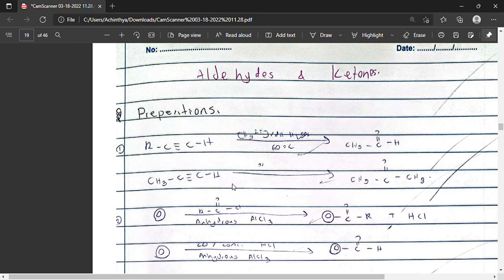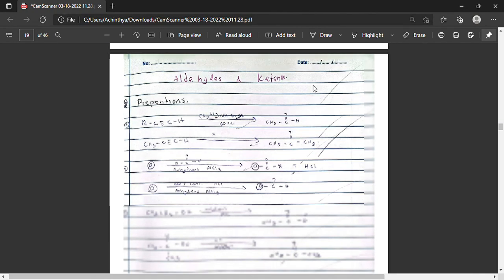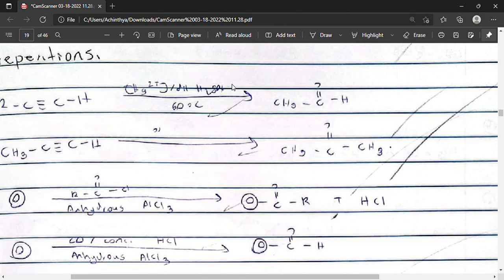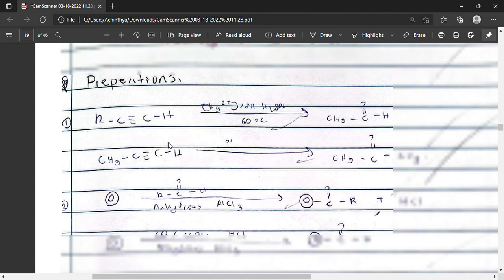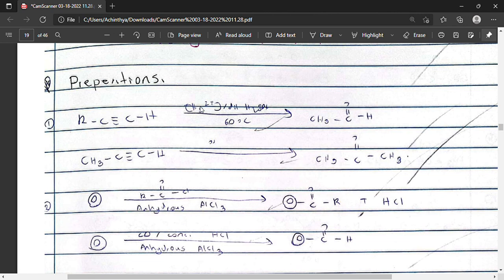Let's talk about the chemistry of aldehydes and ketones, or carbonyl compounds in general. First, we'll talk about how to prepare them. One way of preparing them is by taking an alkyne and reacting it with Hg2+ mercuric ions with dilute sulfuric acid at 60 degrees Celsius, in which it will form the respective